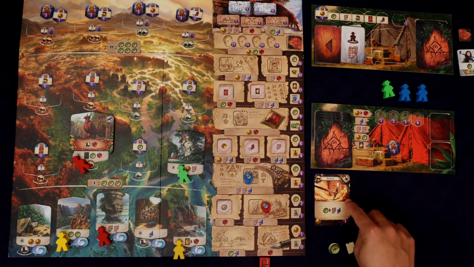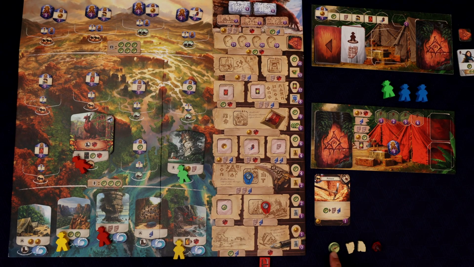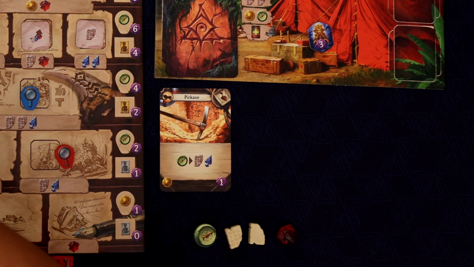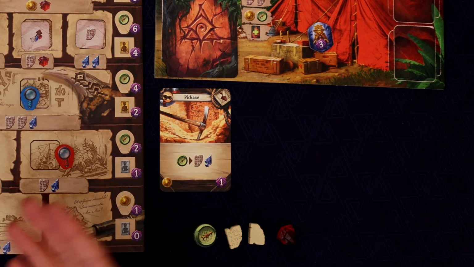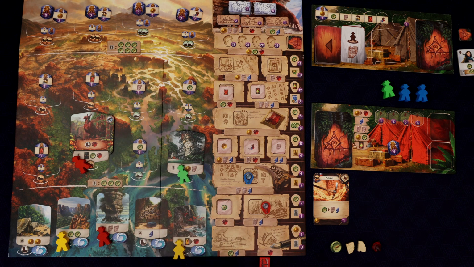So the question is, do we want to use our pickaxe for its ability? Or do we want to use that symbol as a boot? Because you can use any symbol to represent a boot so that we can defeat this guardian. If we use this pickaxe, we could do some more